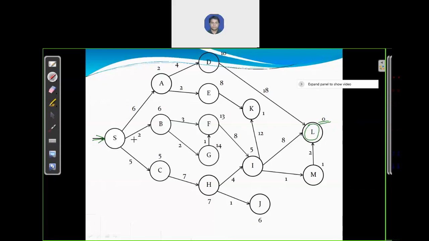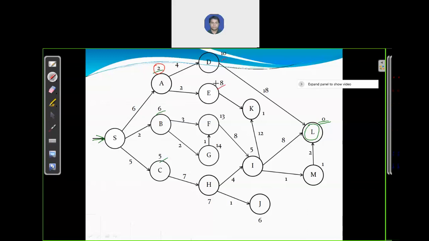Okay, so you start from the start node S, and we have three successors A, B, and C, and again you will see the heuristic values. As you can see, the heuristic values of these three are 2, 6, and 5. Which successor will you select? 2, because it's the least heuristic value. You explore A, and again you have two paths, B and D. You will see the heuristic values 8 and 10.